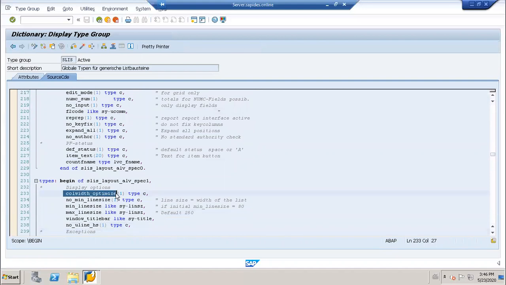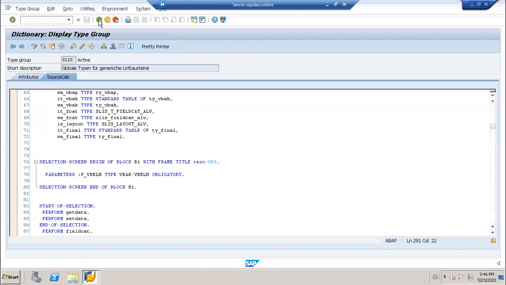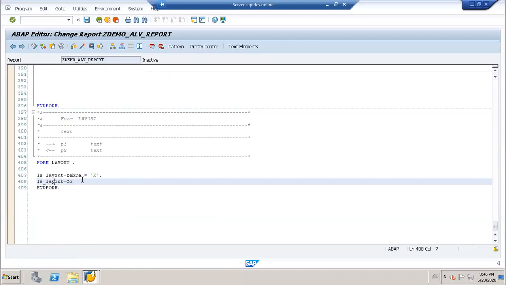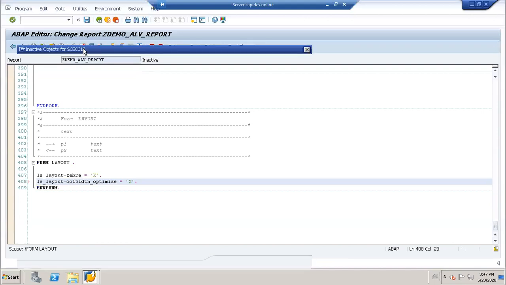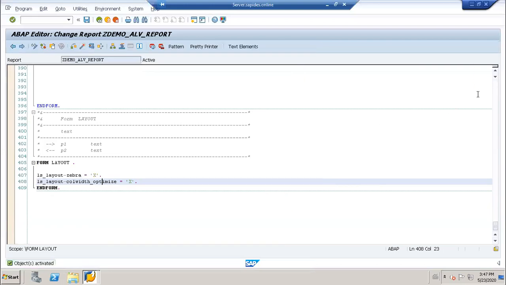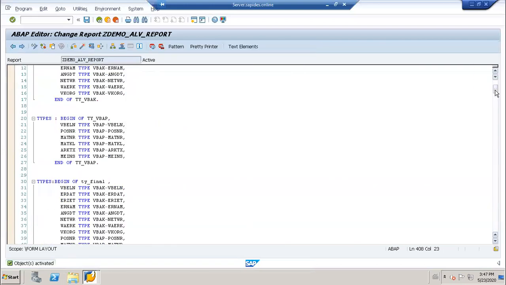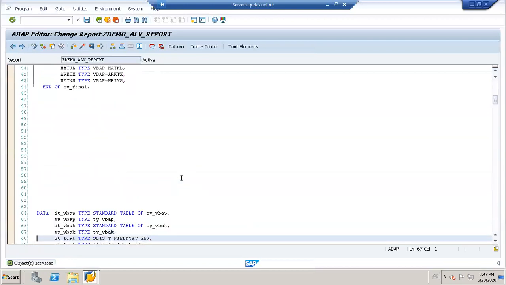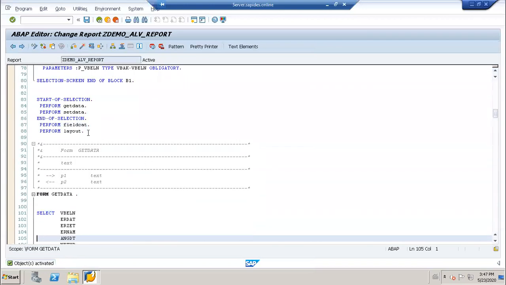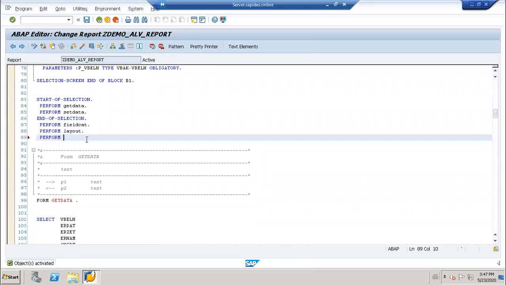Okay, I will take this one. This is equal to X. So the next thing what I do, display.